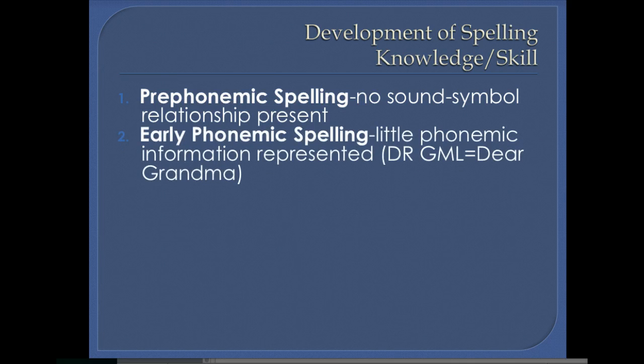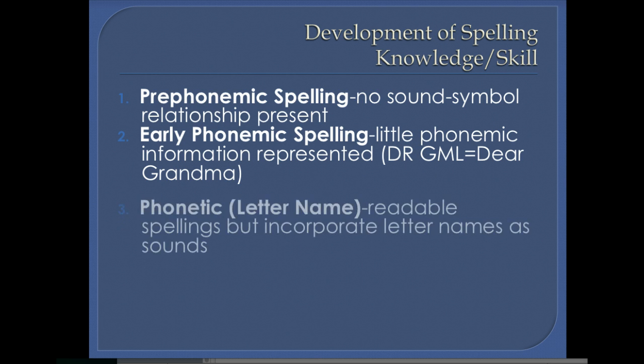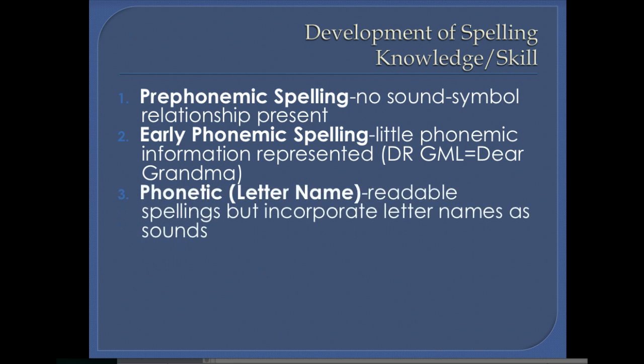Early phonetic spelling, so little phonetic information represented. Here I gave you an example: "dear grandma." The child is saying it, and then this is how they're representing that phrase. Phonetic letter names, so readable spellings but incorporating letter names as sounds. An example of this is if you had a word kite and the student spelled it